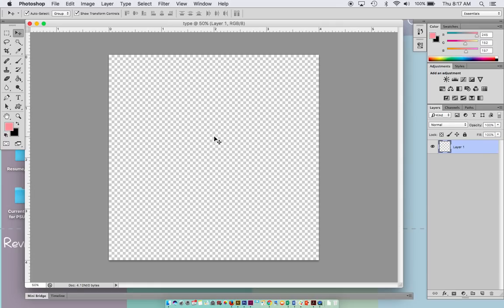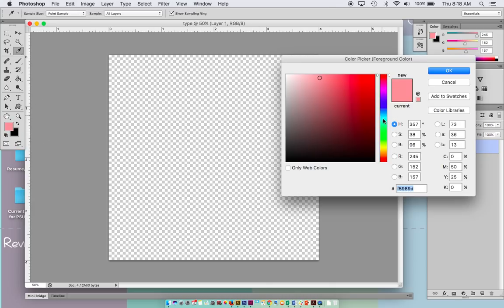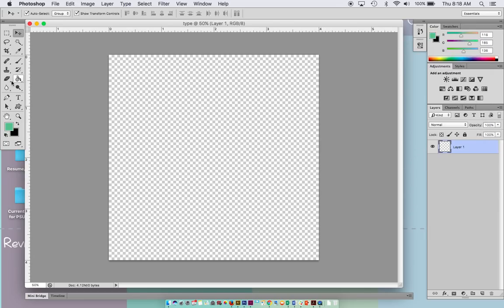In this project, I request that you use a tablet just to get used to the feel of working with a tablet-based device. So I'm going to choose a color first in my color picker. I'm going to go with some different greens for this one. You want to stick to some sort of simplified color harmony, and I'm just going to fill in the background